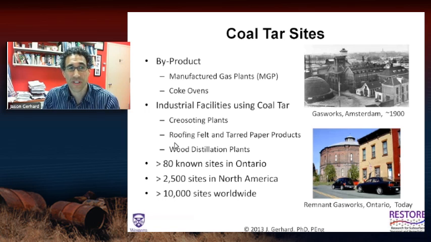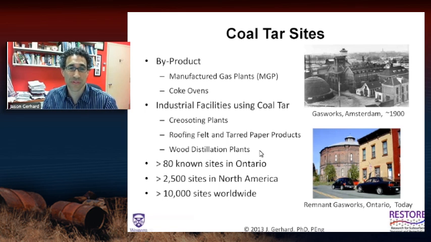Creosote, which is a similar product to coal tar, was used for preserving wood railway ties. So wherever they were producing railway ties, they would spray them with a wood preservative, and usually only a small percentage got on the wood and the rest of it got into the ground. And so we have similar problems. And as you see here, we have many known sites and probably equally as many unknown sites that haven't yet been discovered